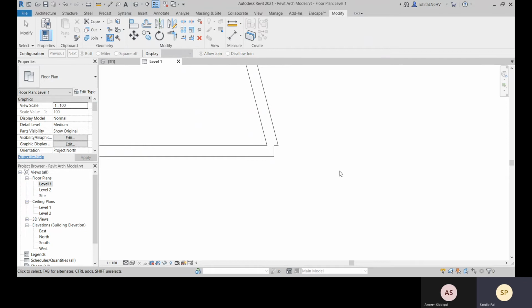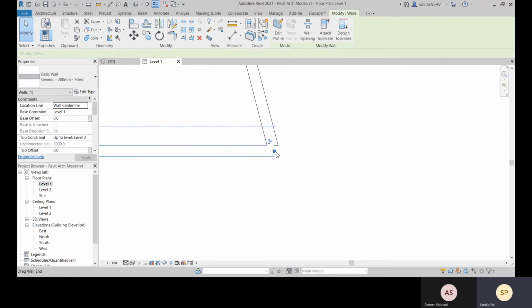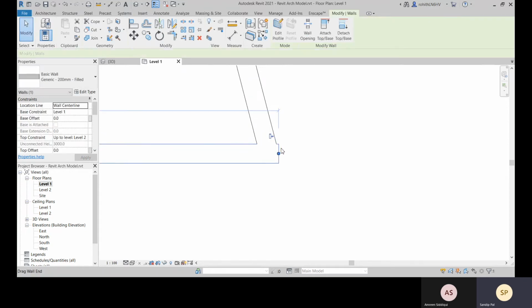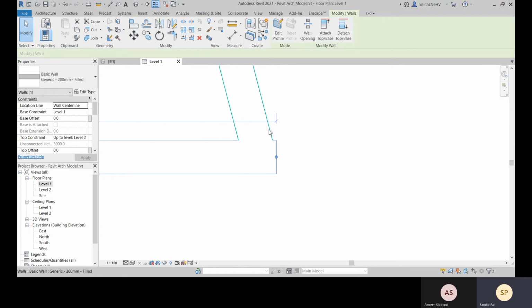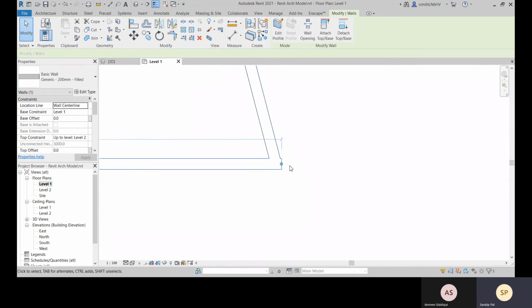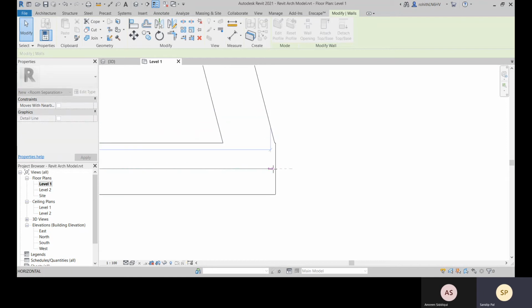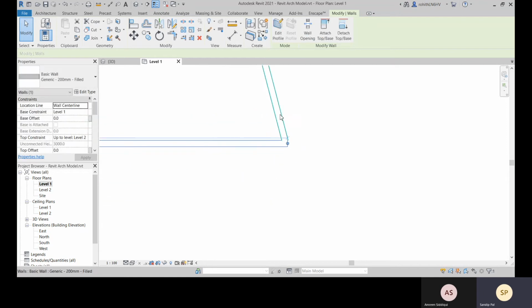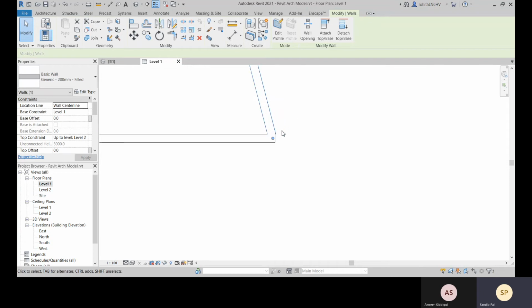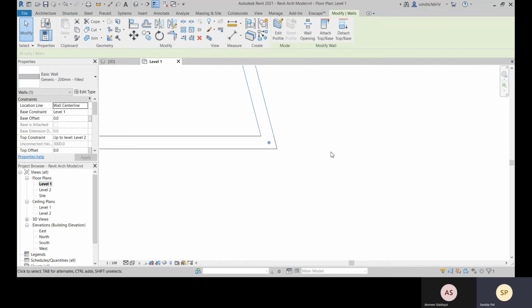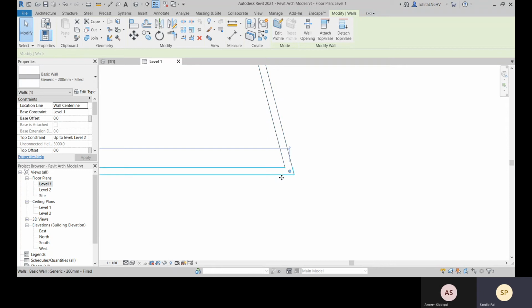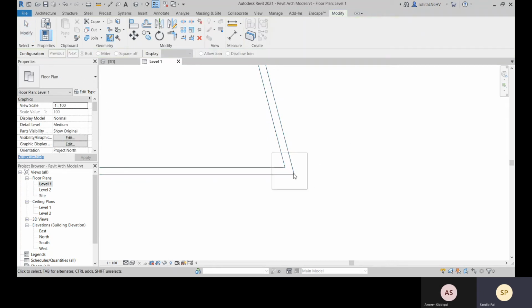Let me drag it till here. Yep. So now again select these two, go with this Wall Join, and you specify the corner, and then you can specify like this miter.